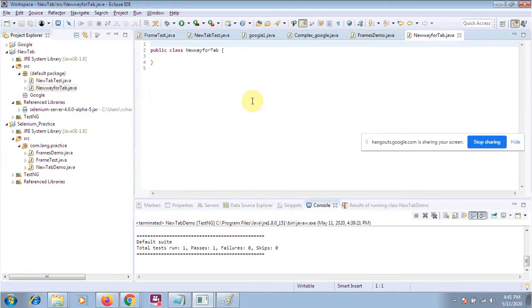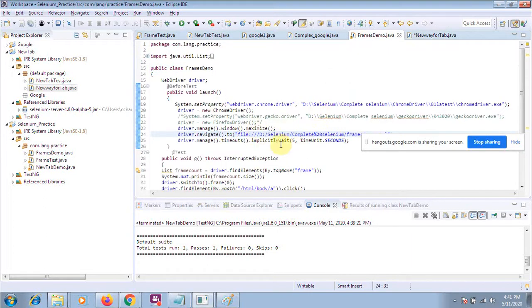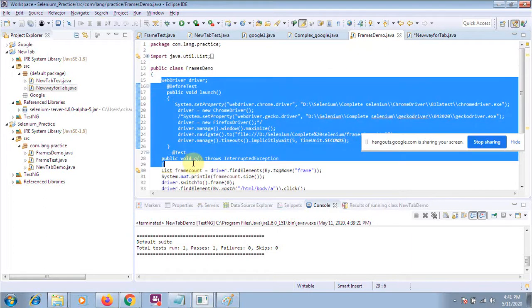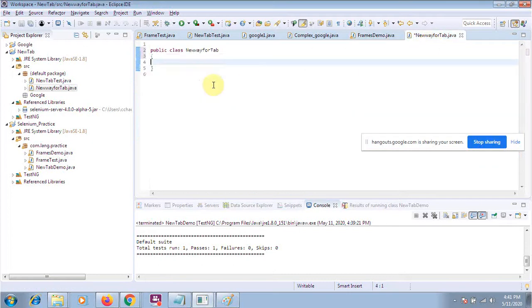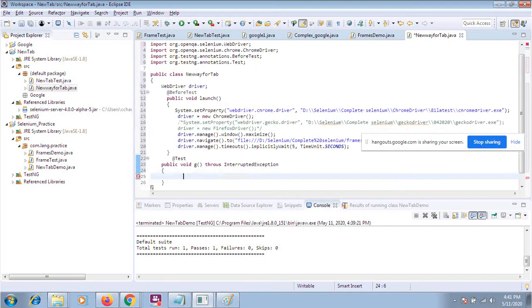Now in the market we will be using these new features to handle the tab. Please see clearly what I am doing. It is not too complex. This part will be common: you launch the browser and perform some operations.